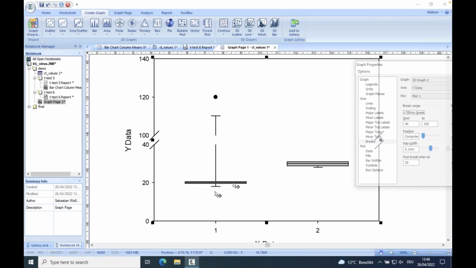And we see almost all persons in group 1, group A, have a lower CT value than in group B. So drug A might be better. No, might not be better, because a low CT value is associated with a higher viral load. So a higher CT value would be better in a way that it's associated with a lower viral load. So drug B might be better,